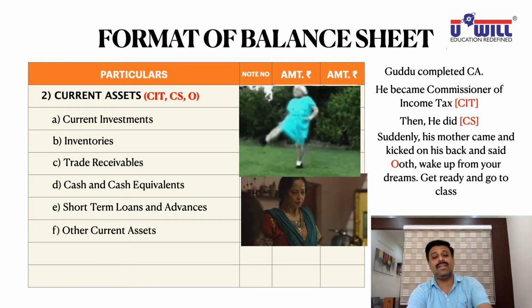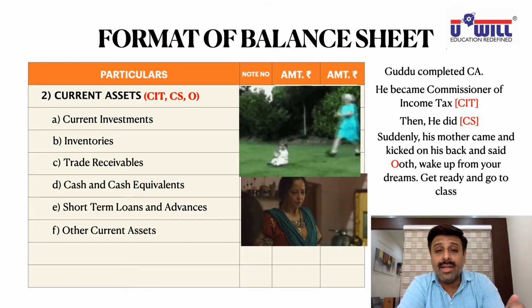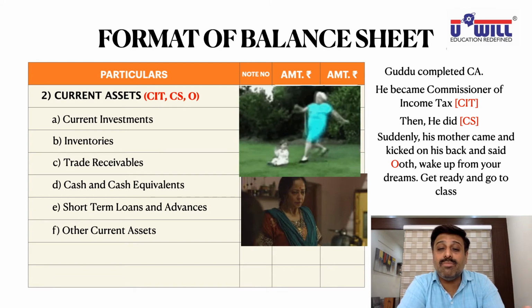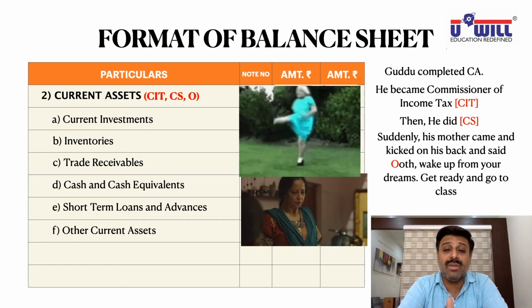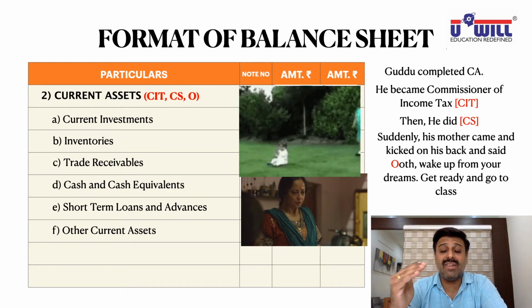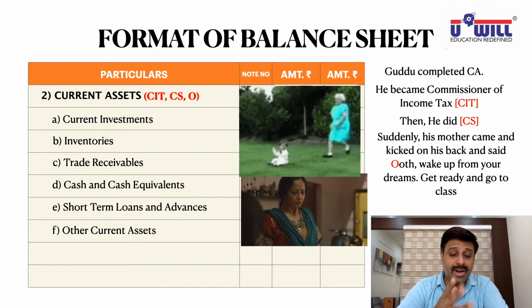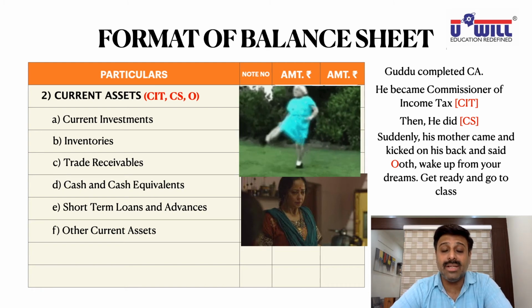Now understand what all these will include. Current investments means investments made for short period of time, like fixed deposits made with the bank, liquid funds purchased in mutual funds. So any of the investments, commercial paper, certificate of deposits, these all are for short period of time, treasury bills. So whichever investments you make for less than 1 year period of time, they will come in current investments. You can write these examples in bracket. Bank fixed deposits, mutual funds, liquid funds, certificate of deposits, commercial papers, treasury bills.